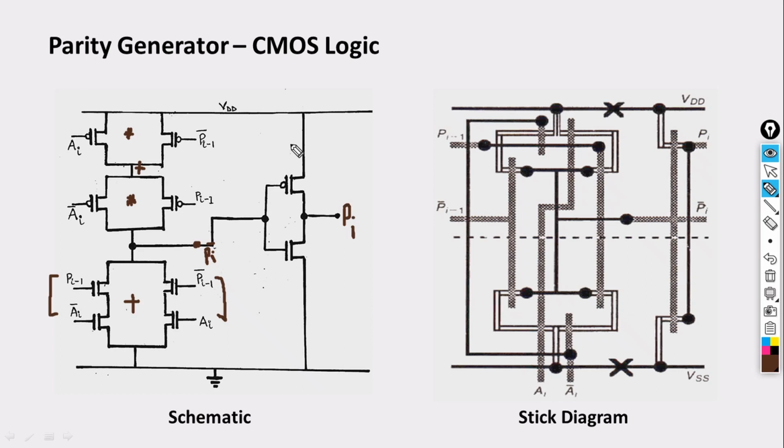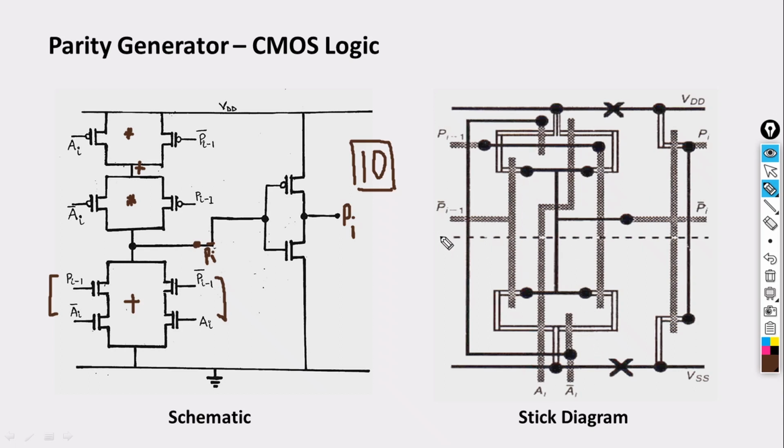Now if you look at the CMOS logic design, let us count the number of transistors over here. 2 plus 2 is 4, 4 plus 4 is 8, 8 plus 2 is 10. So the total number of transistors required for one single bit operation is 10. This is regarding my CMOS logic, and a similar layout you can observe over here. In terms of stick diagram, they have represented it.